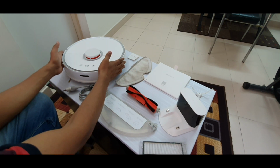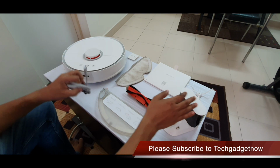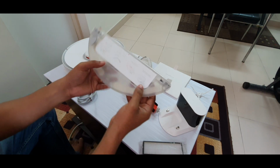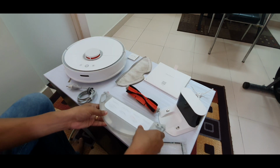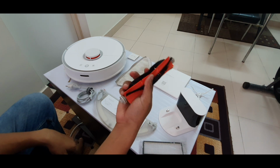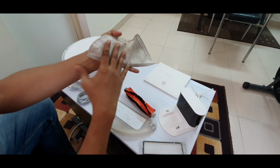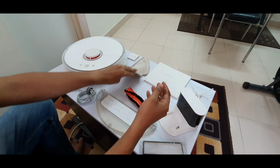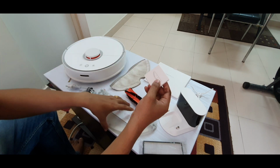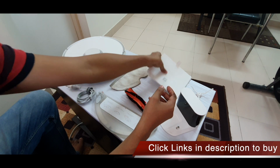The robot itself, a cable for connecting the charging dock, a water tank. This is used for mopping. You can fill water inside this. A cleaning brush. I will be telling you more where to fix it. A mop cloth, it's made of microfiber. Extra filters that need to be attached to the water tank. Then user manual